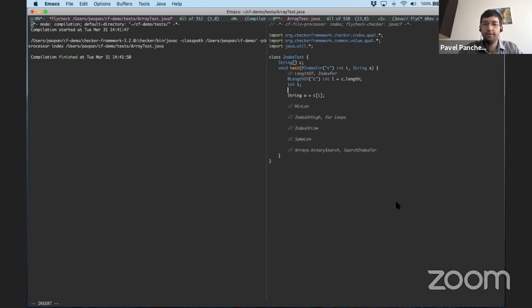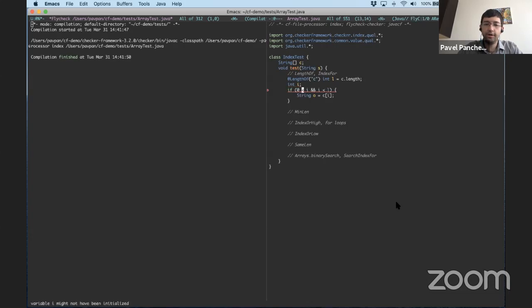Now, if I have some other integer, and I happen to know that that integer is in bounds, bigger than or equal to 0 and less than the length, then the checker framework will internally refine the value of I to be an index for C. That's using the basic logic that anything less than the length and bigger than or equal to 0 is a valid index.